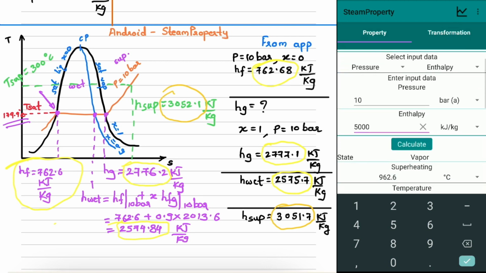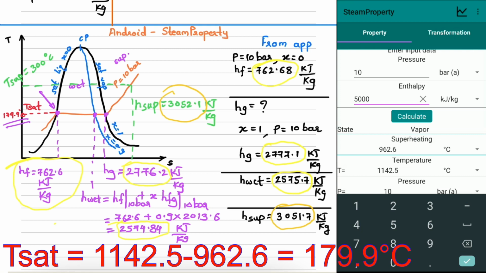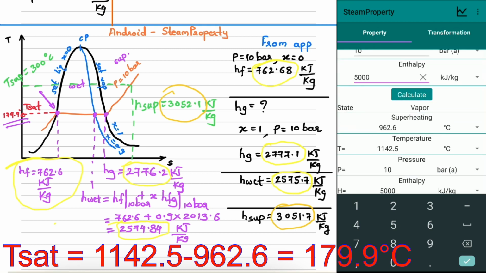So if you click on calculate, here you can notice that superheating is given. So from this superheating, this is basically degree of superheat. So the temperature is 1142.5 degrees Celsius and the degree of superheating is 962.6. So if you subtract from this, you will get the saturation temperature.